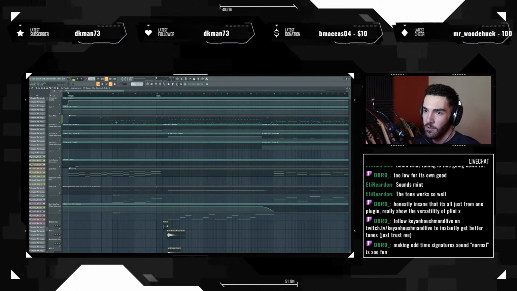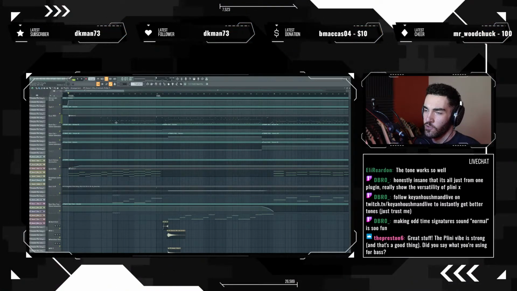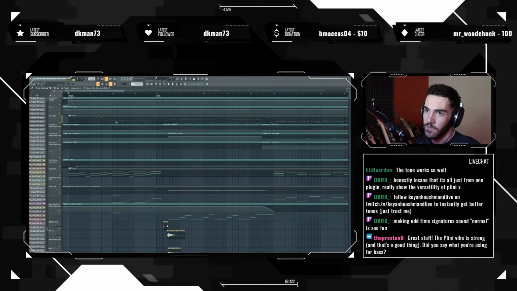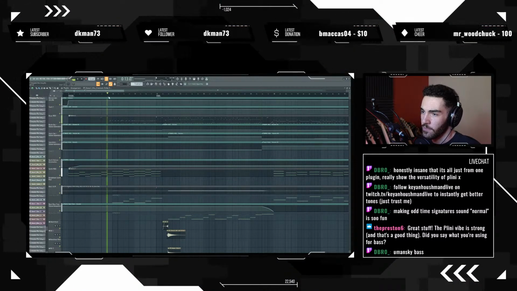Even when the drums come in, I was very meticulous about how that drum part was played, and I was trying my best to make it feel like it wasn't a part in 15-16. It was very much just like you could bob your head to it after a couple of listens. You know what I mean?